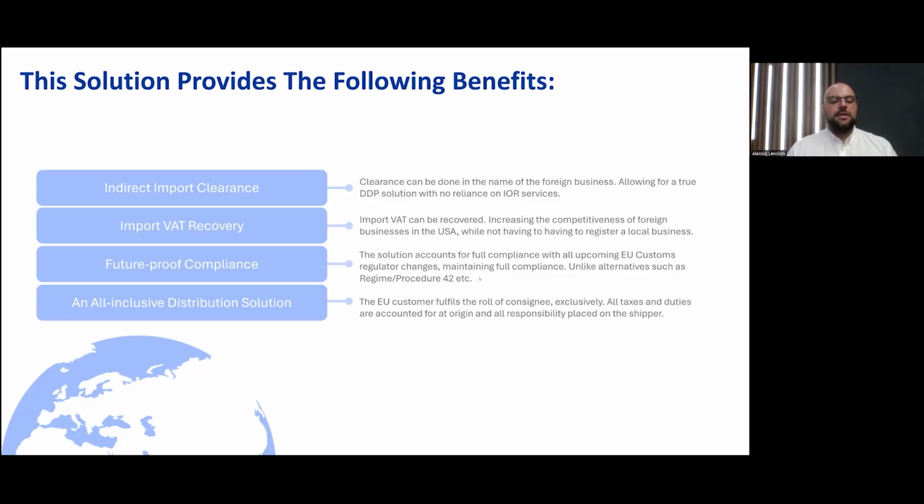VAT becomes recoverable, which means you protect your margins and maintain a competitive ability within the European market. And most importantly, your European customer gets a seamless experience. They're not dealing with customs forms or surprise tax bills. They are simply receiving the goods on time and as promised, as if they were dealing with a local European